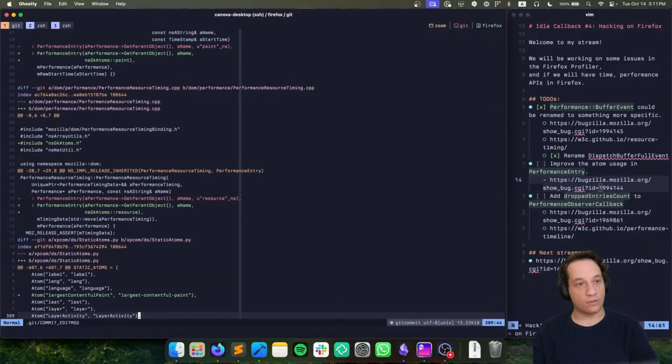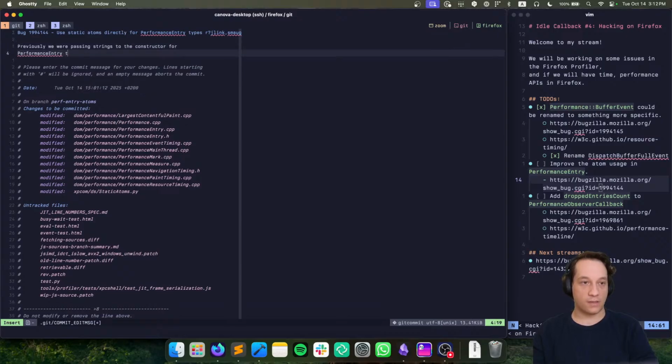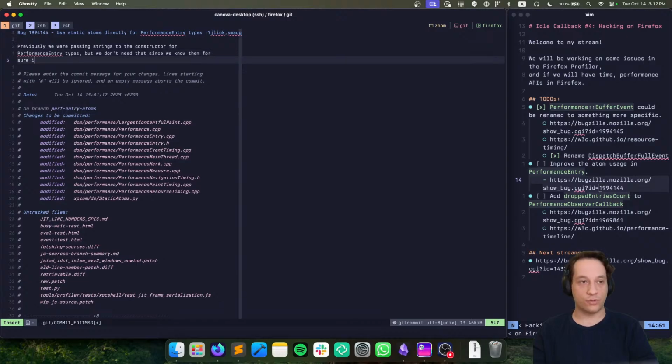Let's write some more. Previously we were passing strings to the constructor for performance entry types, but we don't need that since we know them for sure during compile time. It makes it easier to use the